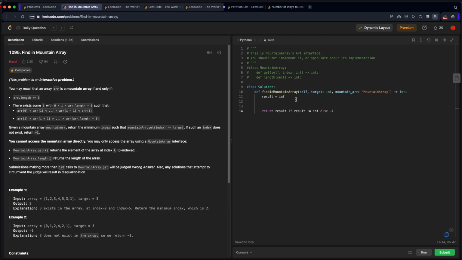If it were a sorted array, I can do a binary search on a sorted array. Okay, so that's one thing we could do. It's not a sorted array though, it's a mountain array. But what's nice about the mountain array is that the mountain array is really kind of two sorted arrays that